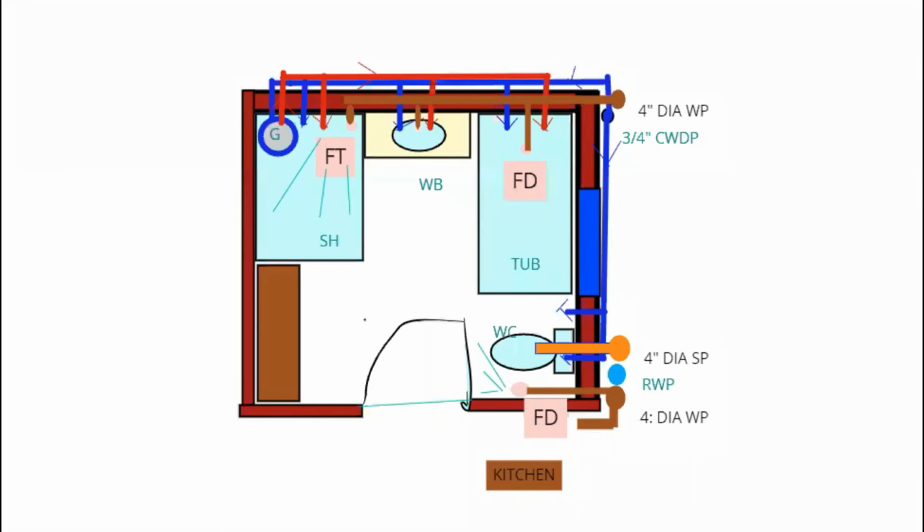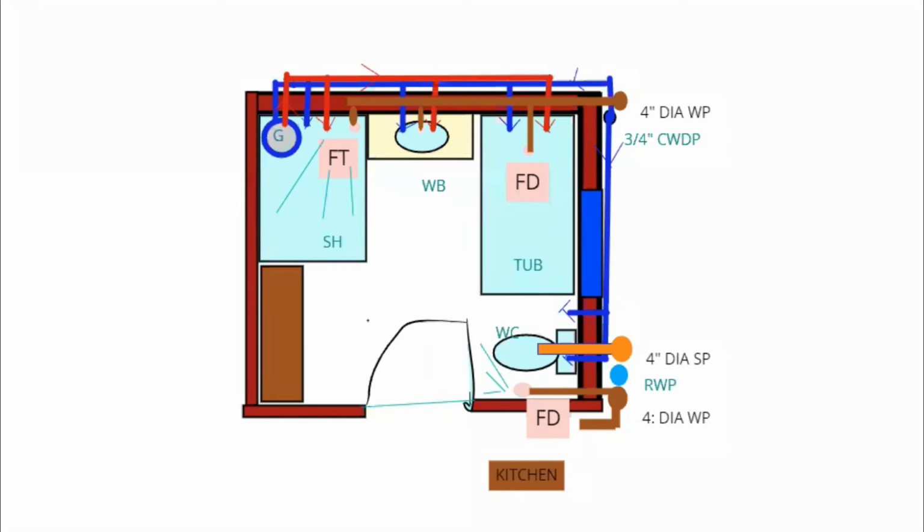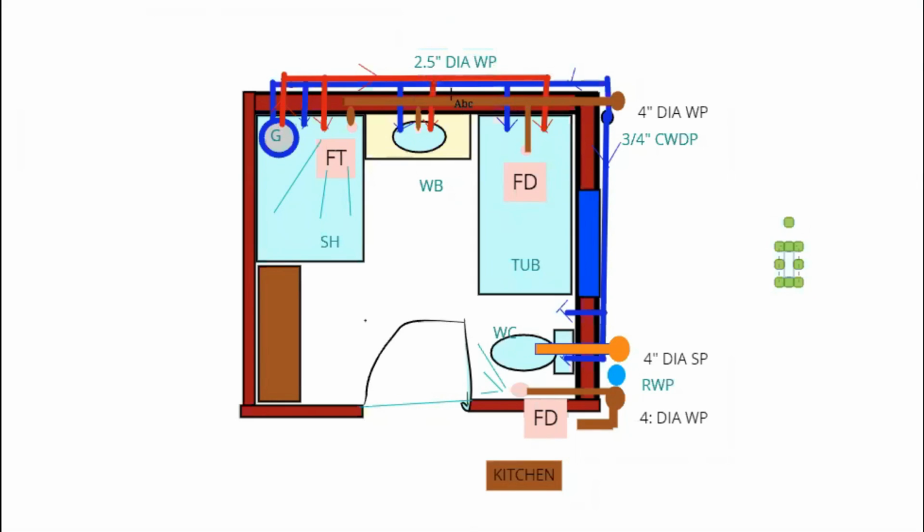Okay, done. So take a screenshot of this and make a similar kind of diagram. Use 4 or 5 different colors. Normally you can see I have used an orange or yellow color for the soil, brown color for the waste pipe, blue for the cold water down pipe and cold water circulation, and red for the hot water circulation. These are the international standards to follow for colors. So you can follow, and you also know the dimensions of this. I was writing this is 3/4 inch from basin and bathtub. You are having 2.5 inch dia.